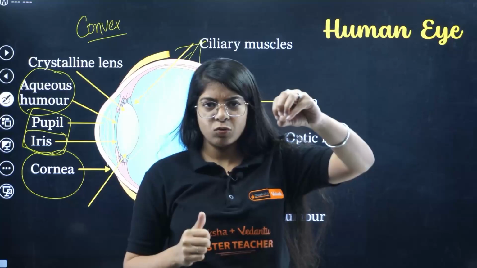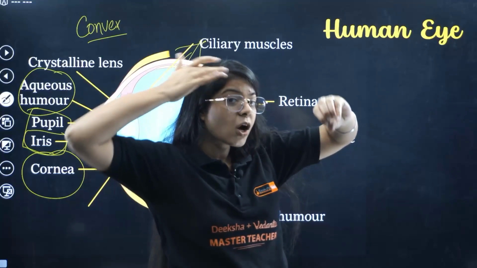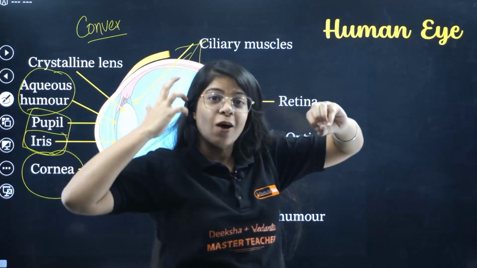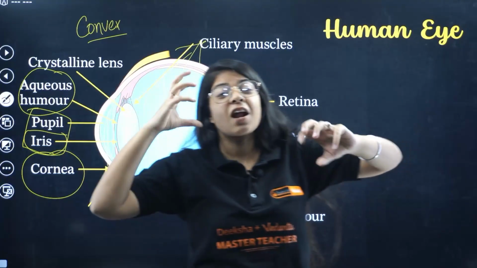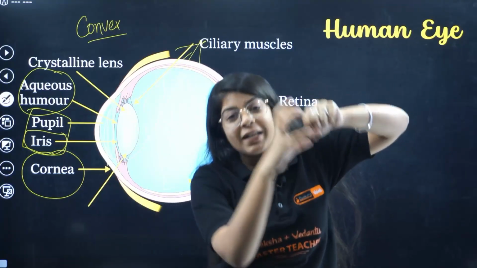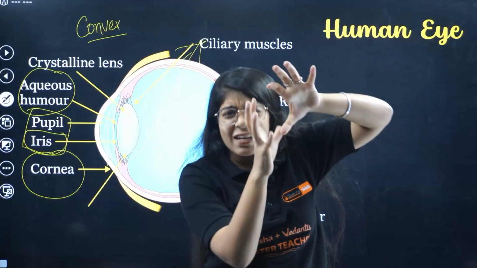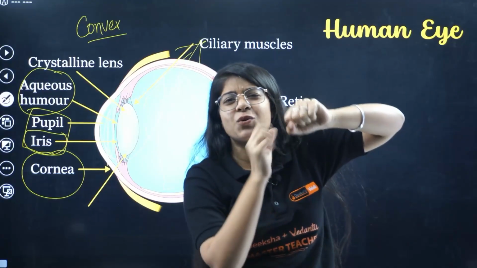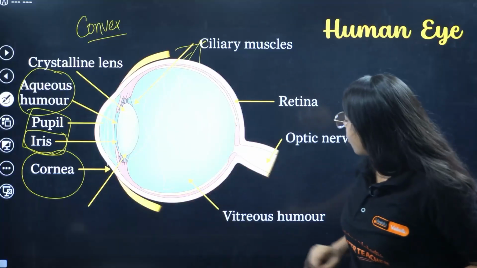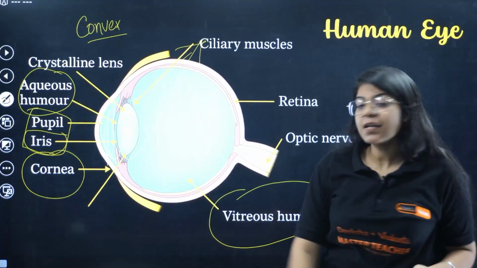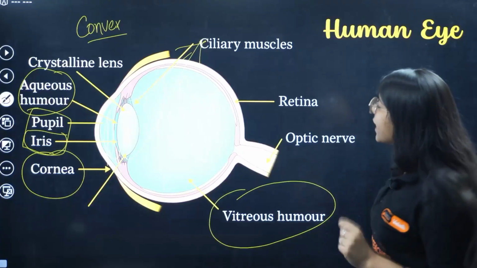Of course, you don't see it here, but our eye is actually round in shape. So to maintain that shape, so that your eyes don't get squished or elongated, that is the function of the vitreous humor. Done. Next we have